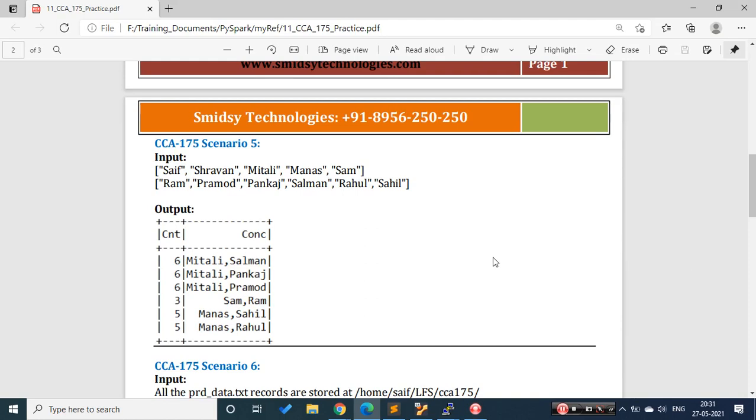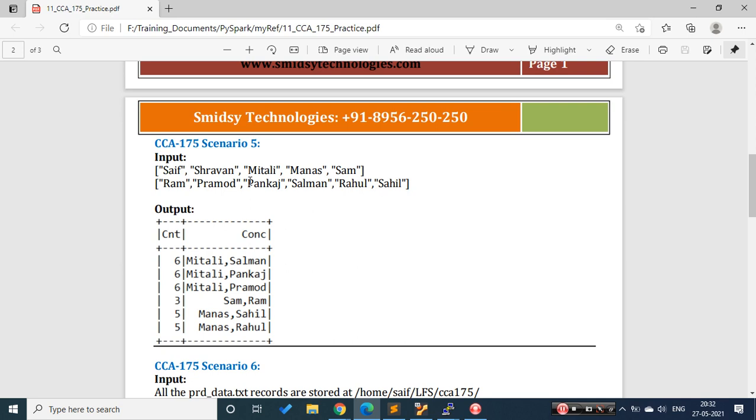So now what we will do is, let's see one more scenario. Let's pick randomly. I have picked a fifth scenario. In this scenario, we'll try to take the input data sets which are given to us, and come to the output they are asking for. First of all, we need to understand the requirement, then only will we be able to write the code for that.